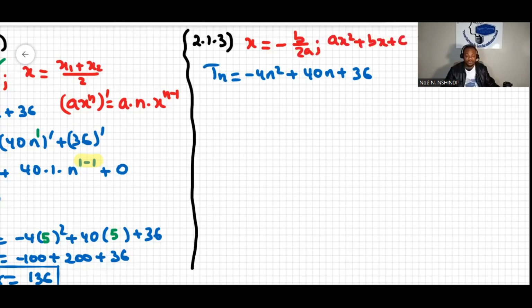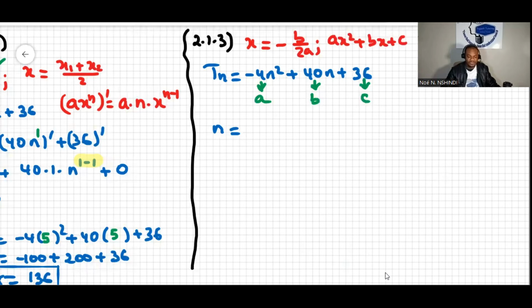Remember that a is the coefficient of the x², b the coefficient of x, and then c is the constant term. In this case, a is -4, and then b is 40, and then c is 36. Now we can work out n. The variable here is not x but n. N will be equal to